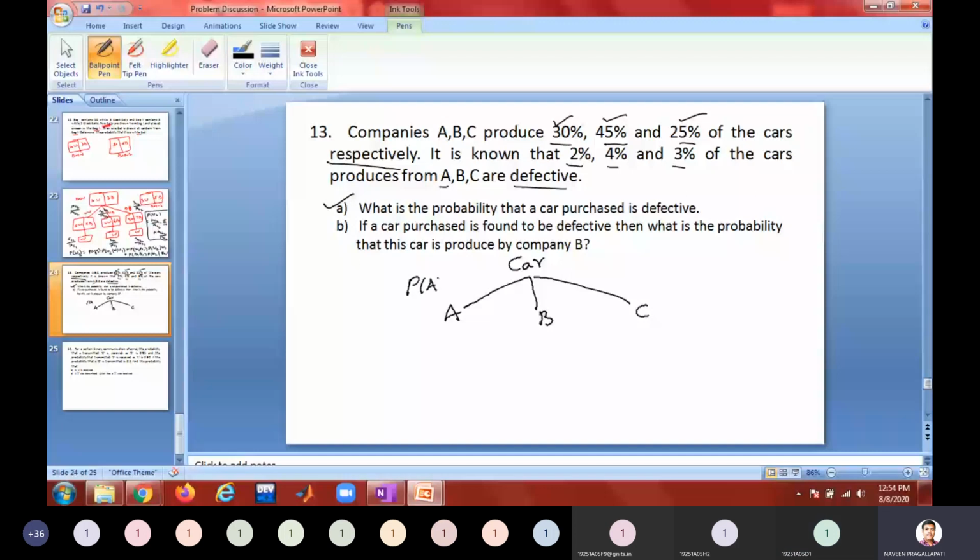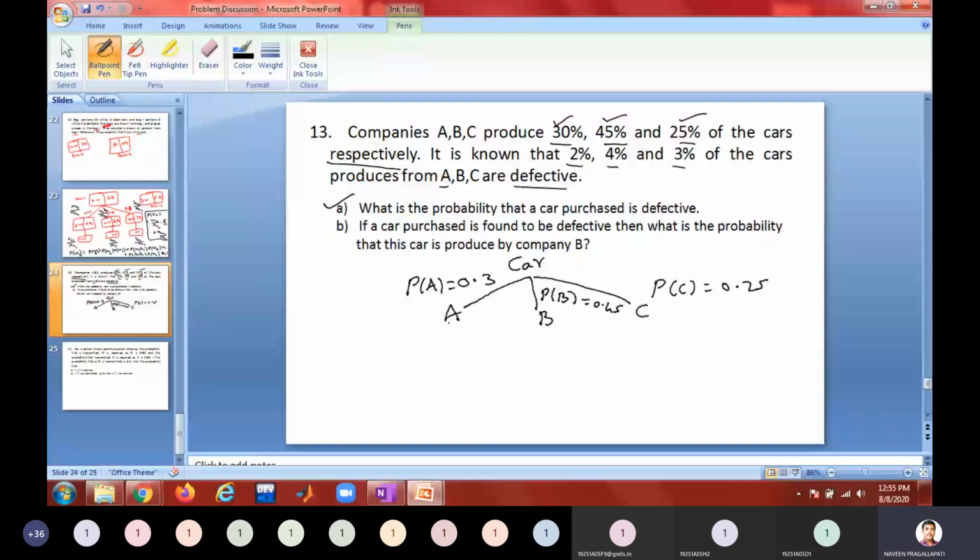What is the probability that this car is produced by B? 0.45. What is the probability that this car is produced by C? 0.25. Okay. Now, when A is making a car, it may make a defective car